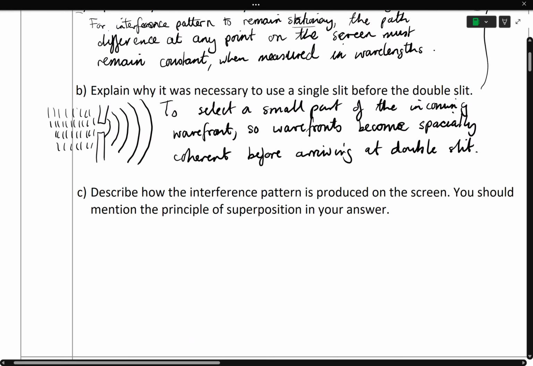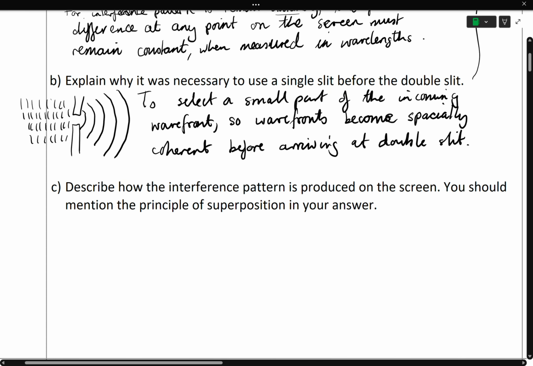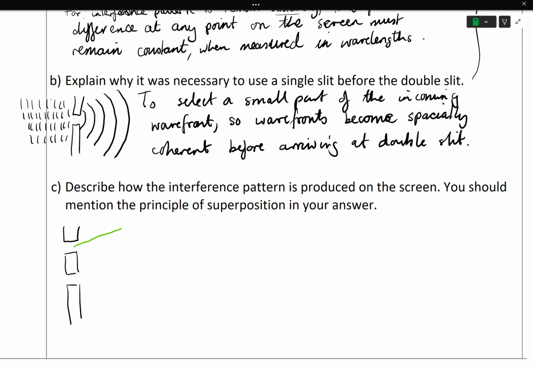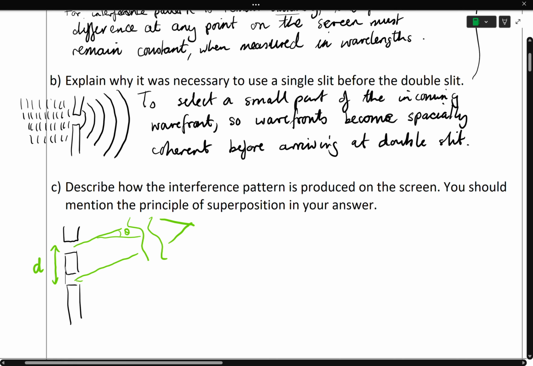C. Describe how the interference pattern is produced on the screen. You should mention the principle of superposition in your answer. So in terms of a diagram, we might want to switch to a ray diagram at this point. We've got rays coming from both slits off at some angle. If this angle in here is theta, and the separation of these is a distance d, then we can mark on this extra really important triangle in here,